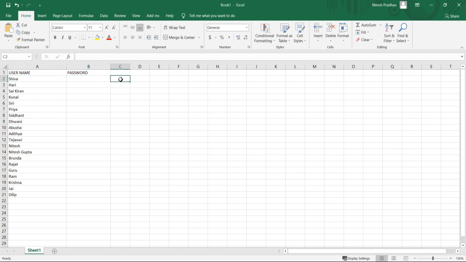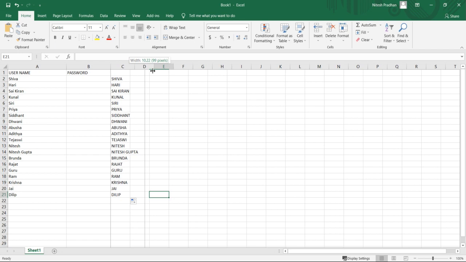Here I can type equal to Q double P E R per Siva. Okay, nice.